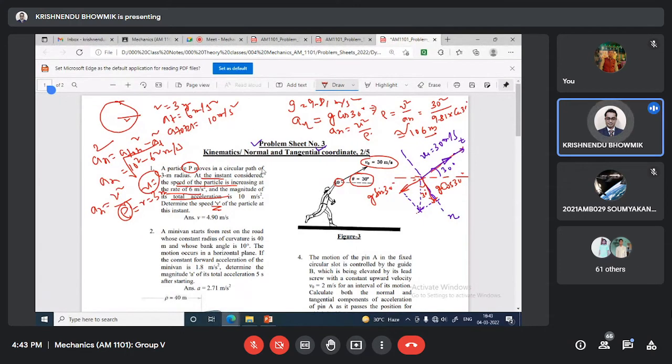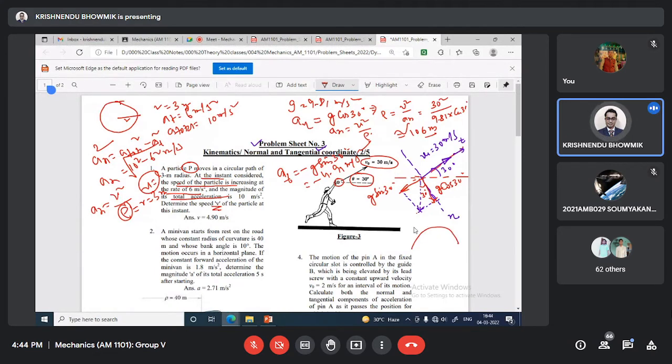So what is AT, tangential AT? G sin 30. Do you want to use positive or negative? The negative, opposite direction to the velocity. So G sin 30, you put the value, whatever you get. I think minus 4.91 meter per second square. Now for the apex,